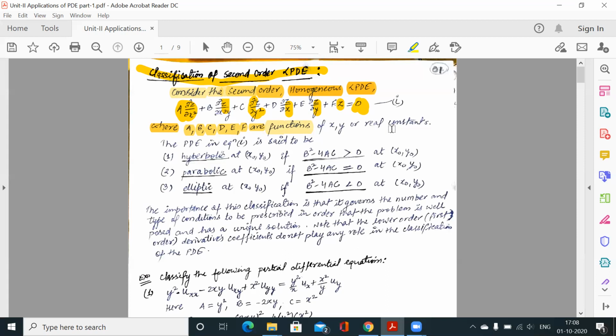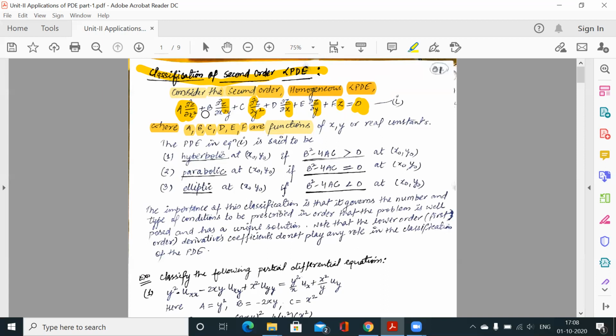So remember, this is homogeneous, the right hand part is 0. But even if the right hand part is not 0, and it is any function of x and y, even then we can follow the same steps, so there is no problem. You only consider the order and that it is an LPDE. Second order derivatives are there, and it is a linear PDE. Clear? It is a linear PDE.